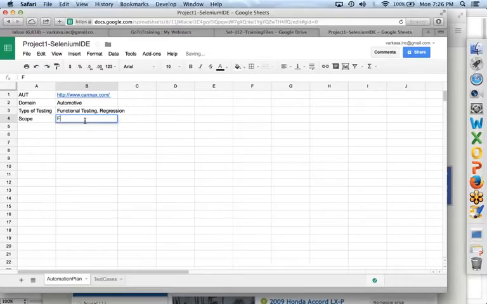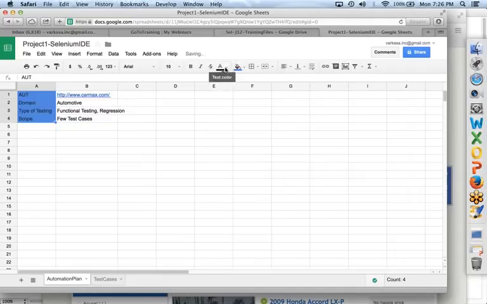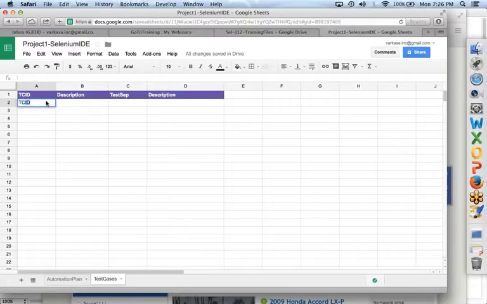Scope is few test cases. That's it. We're not trying to do the entire application at the moment. All right. So now let me put some of the color here. All right. So test cases. So the first test case I'm going to call as used car